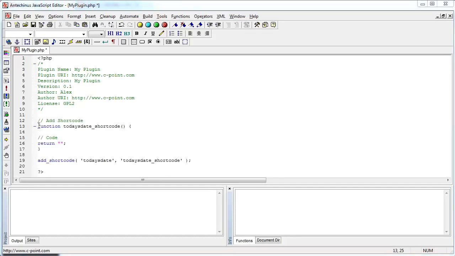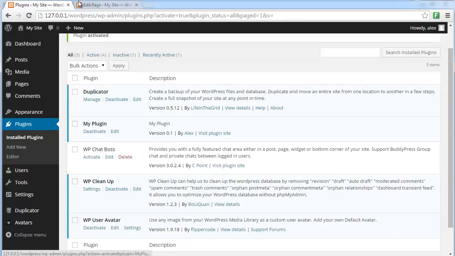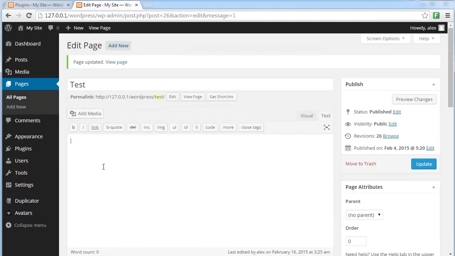The program has created the body of the function that is going to add the shortcode, and it also added the shortcode to WordPress, and it's called today's date. So let's just put here today's date and save. Okay, if I now go back to WordPress and go to my test page, so this page is